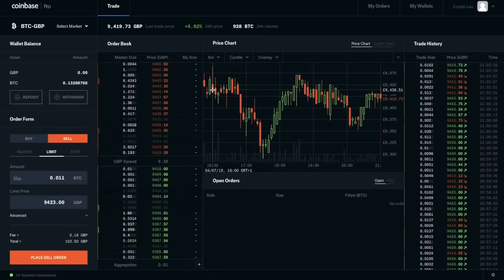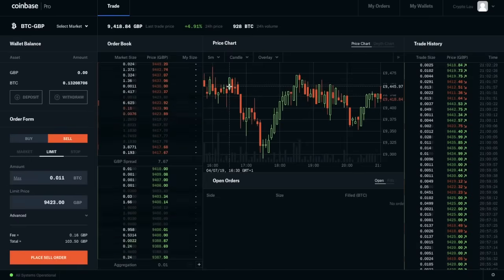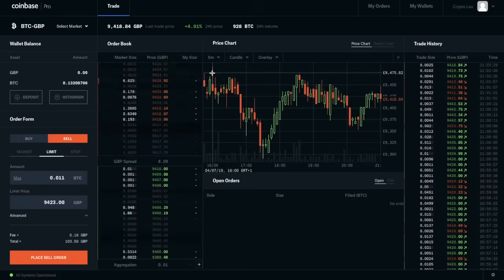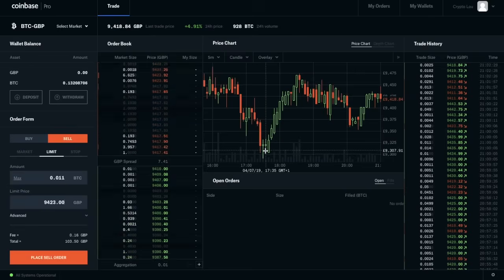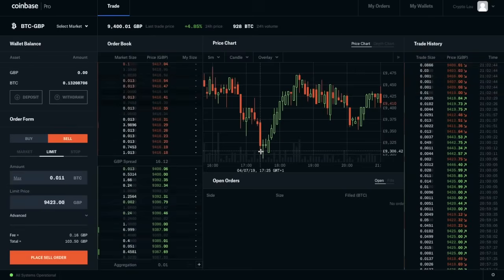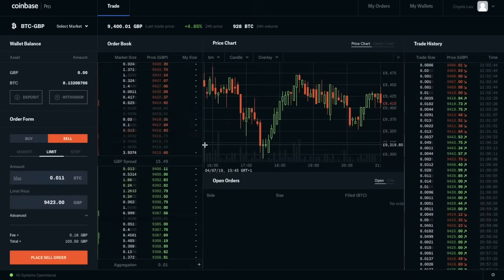You also have an idea within 5 minutes of time how the market's actually performing in terms of buy and sell orders. So you can see here that in terms of sell orders, obviously that was being sold at £9,475.82p, with one of the lows being at 9,306. Well, actually, I'm going to change this ever so slightly now that the price is going down again. So I'm actually going to change this to